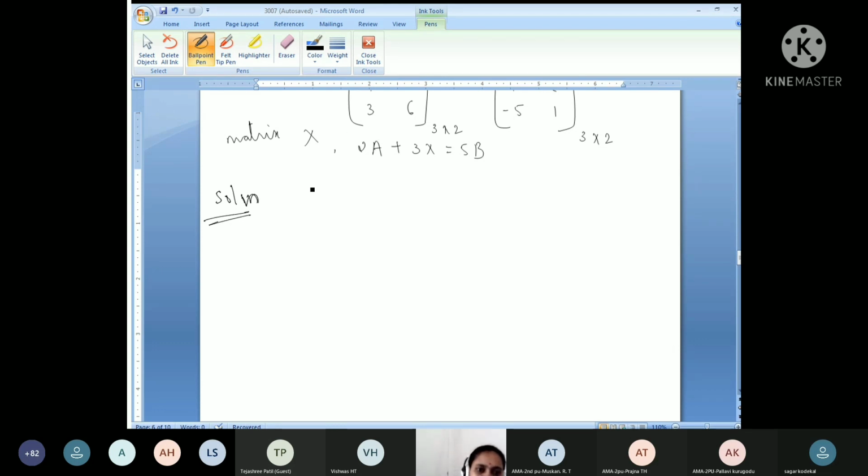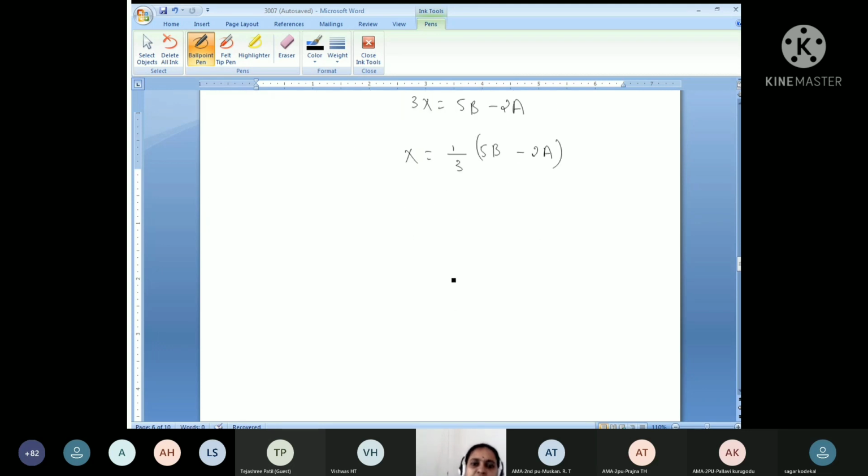Okay. So in the solution, first let me write the given thing. What they have given? 2A plus 3X is equal to 5B. Can I write like this? 3X is equal to 5B minus 2A. Send 2A to that side. Now X is equal to 1 by 3 into (5B minus 2A). Now, if we substitute, we will get the answer. Okay,